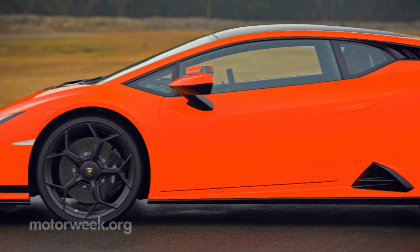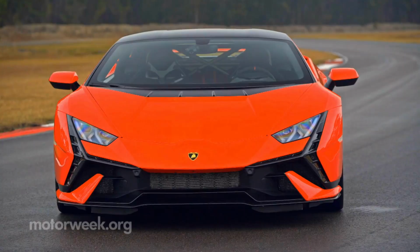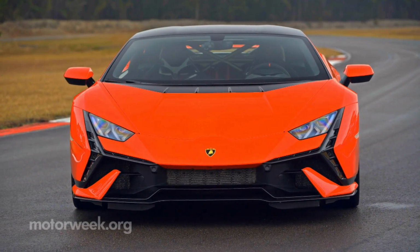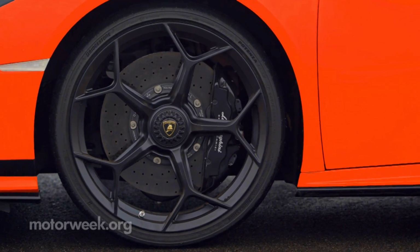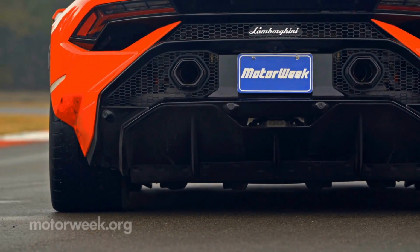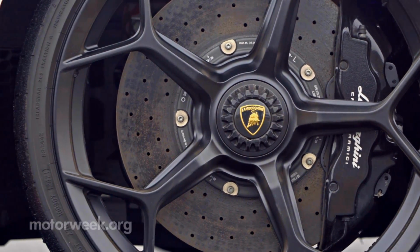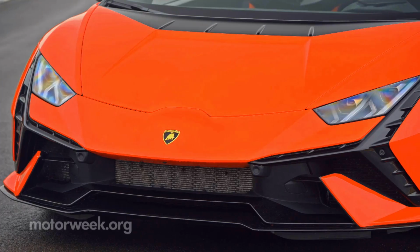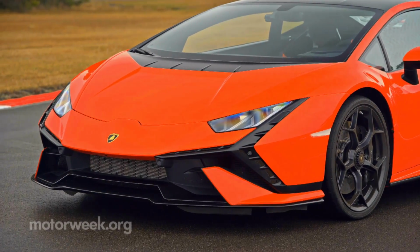But the car's shape itself still creates an amazing amount of downforce, providing grip aplenty for the tires, which are 245/30 Bridgestone Potenza Sports in front, 305/30 in rear, all mounted on diamond-cut 20-inch wheels. The front splitter is unique, as is the rear fascia, along with a subtle reshaping of the panel at the